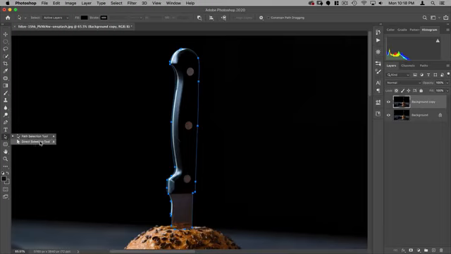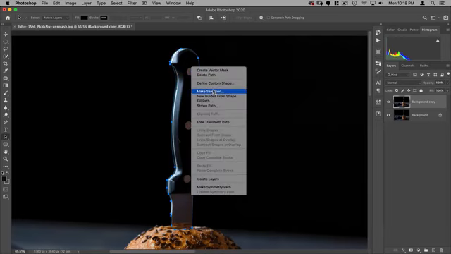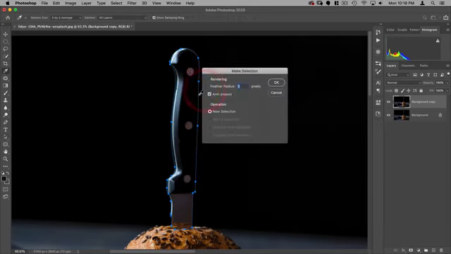Also, this direct selection tool allows you to select segments. You can see I've selected this segment, so the handles for that segment are showing, or I can select an anchor point. And again, you can see that the handles for that anchor point are now showing when I click on it. So that's what this path selection tool is for. But there I have the whole path selected, and I can right mouse click and say make selection.